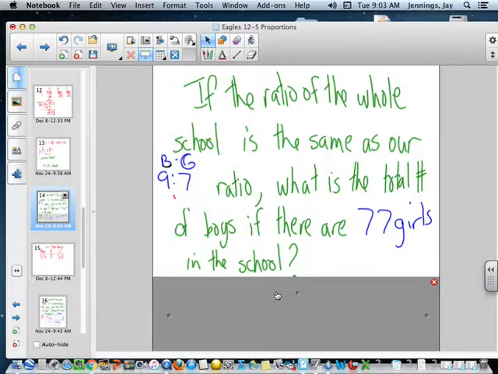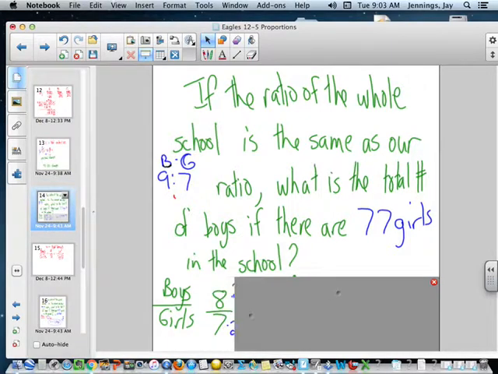If the ratio of the whole school is the same as our ratio, 9 boys to 7 girls, what's the total number of boys if there's 77 girls in the school? There are lots of different ways to solve this. One way is to set up a proportion. So if boys to girls is 9 to 7,